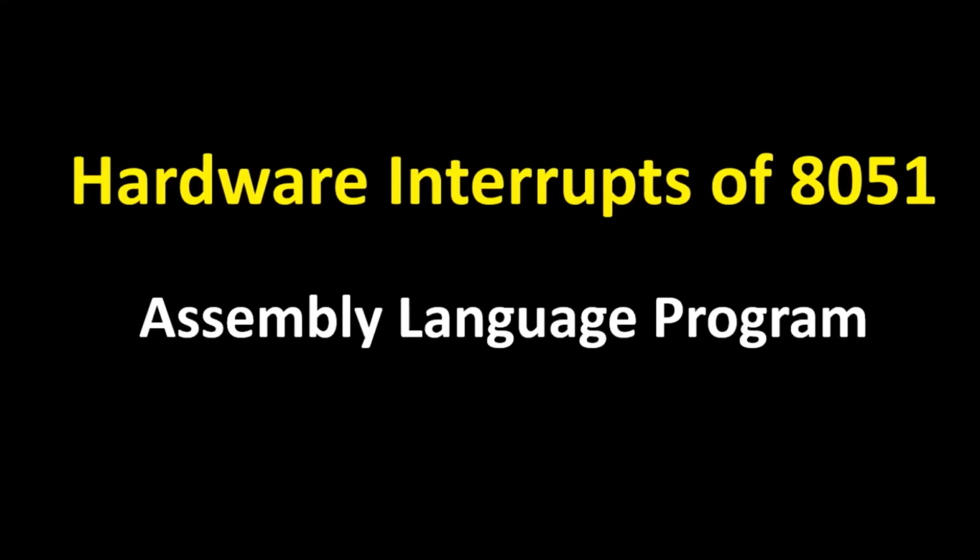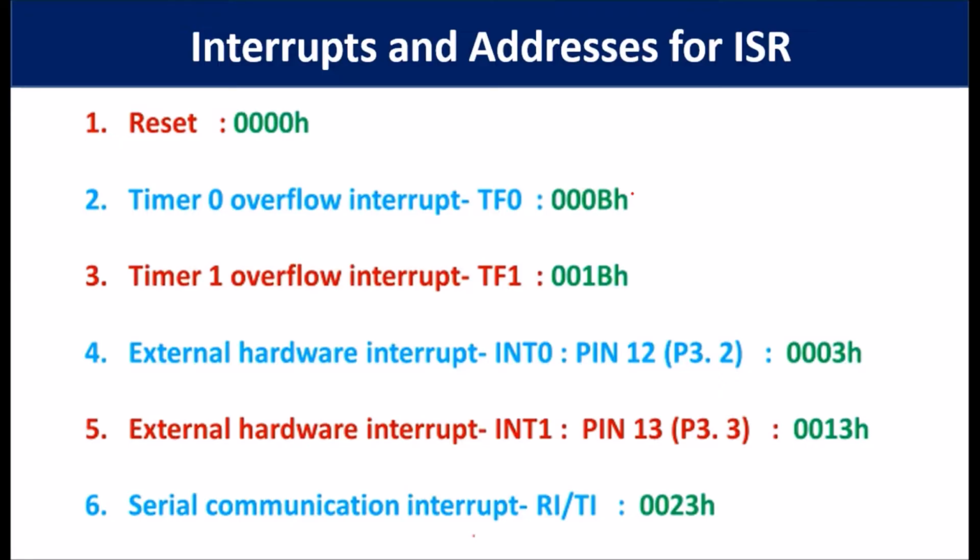Welcome to the video on hardware interrupts of 8051, assembly language programming and simulation of this program using Keil software. As you know, there are 6 interrupts in 8051. The first interrupt is reset, then the timer 0 interrupt, then the timer 1 interrupt, and now here we are going to discuss